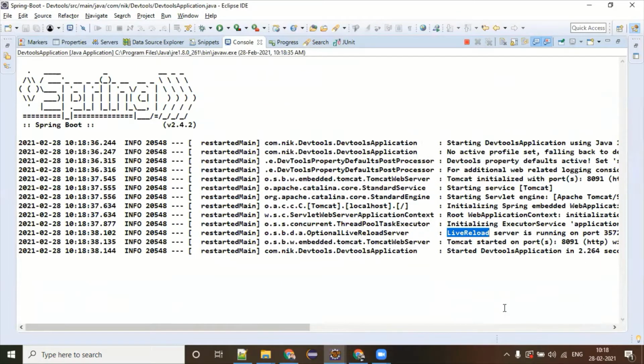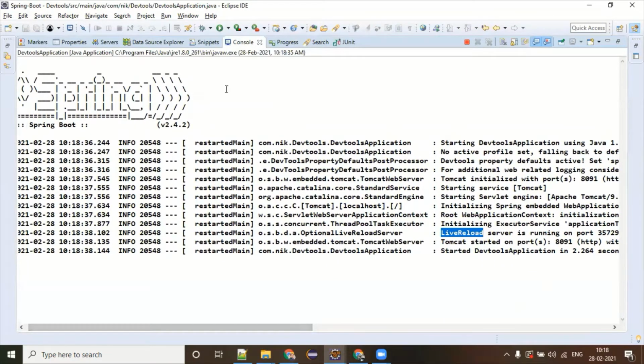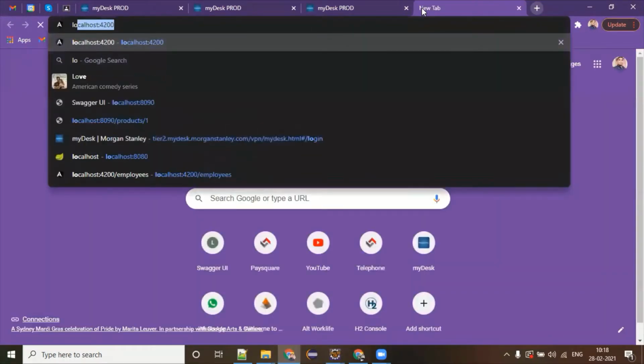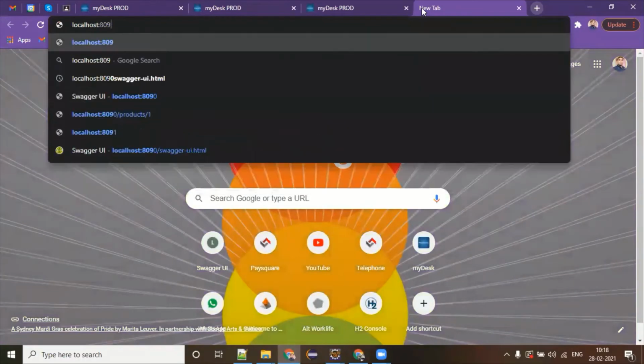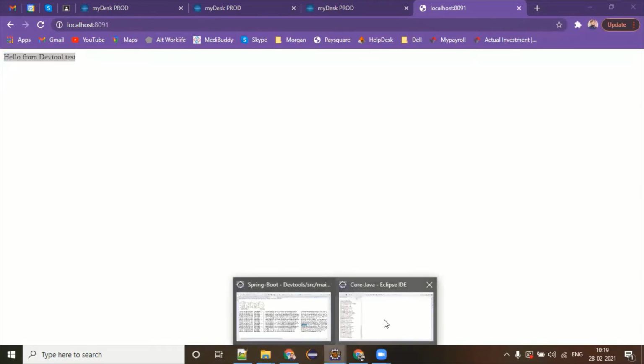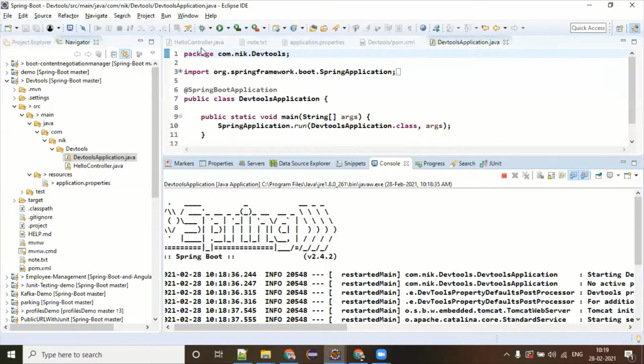The live reload server is running on a different port. The port for this is 35729. So this is the magic happening. Now, if I hit my browser, localhost 8091, you can see I'm getting the message hello from dev to test. Now go to the controller and try changing anything inside your application.